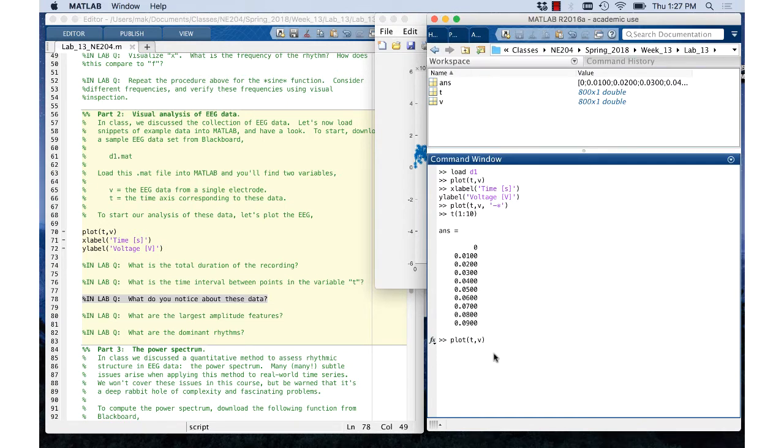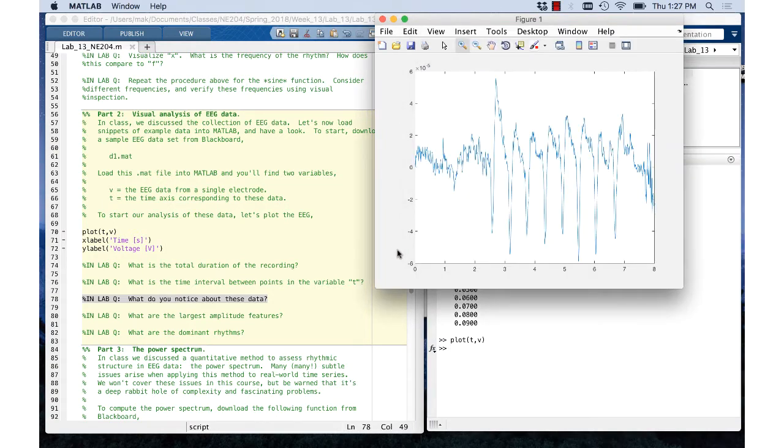So let's plot t comma v. And here's the data plotted with only a line. This is a very subjective question. What do you notice about these data? Well, a couple of features that I notice are first these large amplitude variations. Right, there's some interval of time, maybe the first 2 seconds, where we have these rapid fluctuations, maybe there's a slow